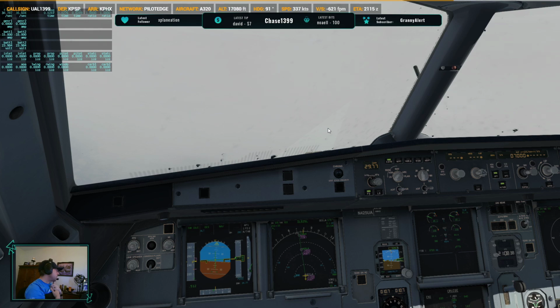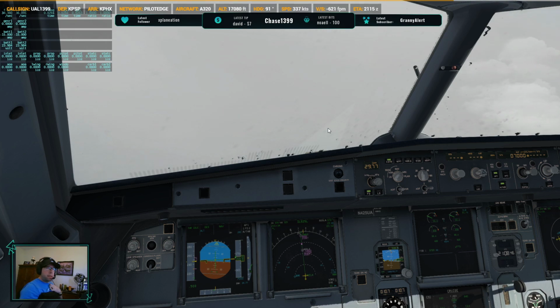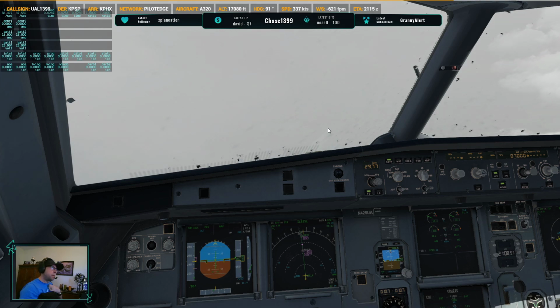Palm Springs to Phoenix is only like 200 something miles. It's most of my flying, 230 miles. Most of my flying on any of these networks is going to be under 300 nautical miles for an airliner. And my turboprops, I like to stick around 130 to 150 miles, and GA 80 miles or less. So those are how I look for my flights, because I do my flights for time at my desk,